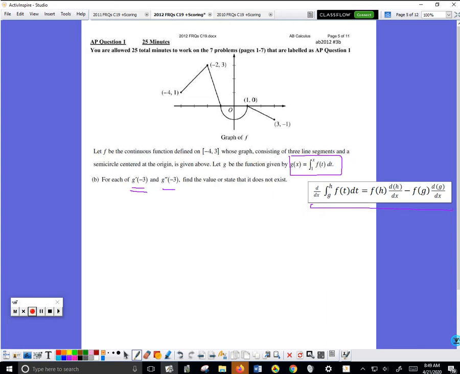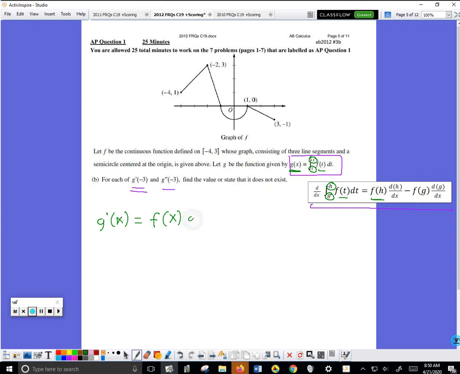So using that formula, the upper limit here is x, that's the h in the formula. The lower limit is 1, that's the g in the formula. F is f. So the formula says that the derivative of g prime, so g prime of x, is going to equal f of the upper limit, so that's f of x,